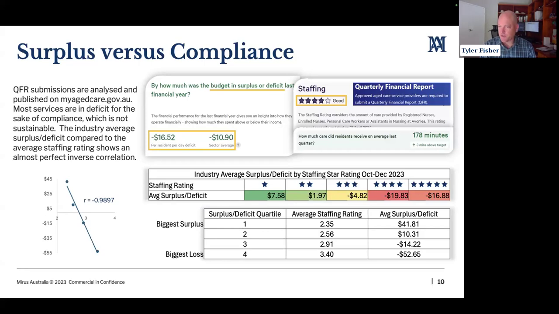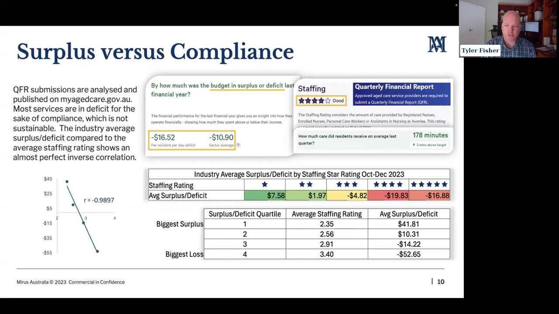Throughout this data, you may notice there are some anomalies, particularly in the 5-star rated group, and that's just largely due to the fact that there's so few services with that rating. But below that, if we group services based on their financial performance, so in that quartile grouping of the average surplus or deficit, and then compare their staffing compliance, again, we see that as staffing increases, surplus turns into deficit in an almost